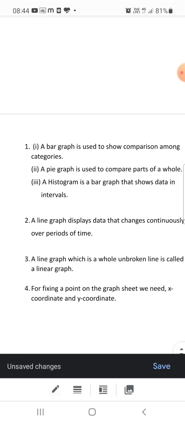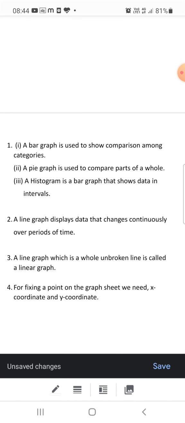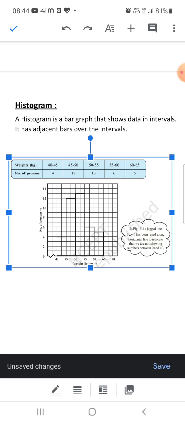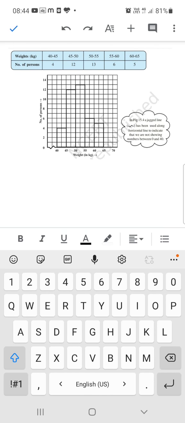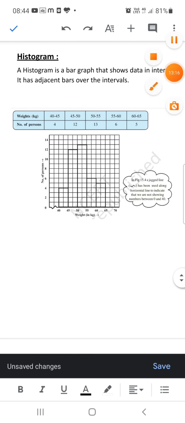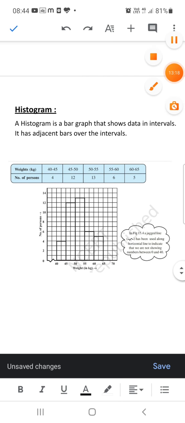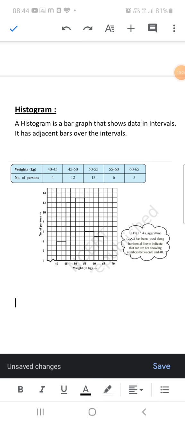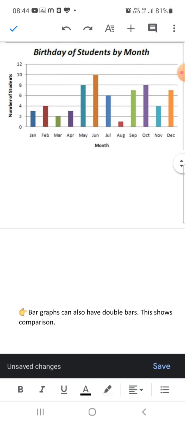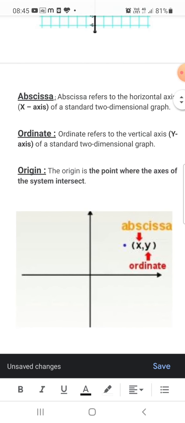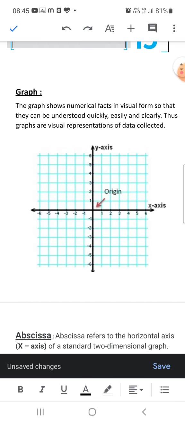Now for fixing a point on a graph sheet we need an x coordinate and a y coordinate. Okay, let me just recall what x and y coordinates were. You can see here, if you represent something in a graph, like this, these are the points given. Okay, yes, nice. Now you just see here,